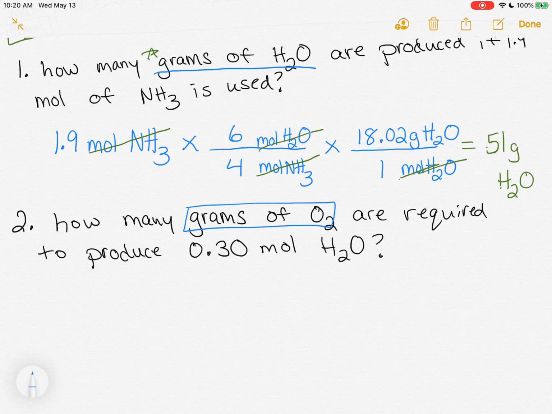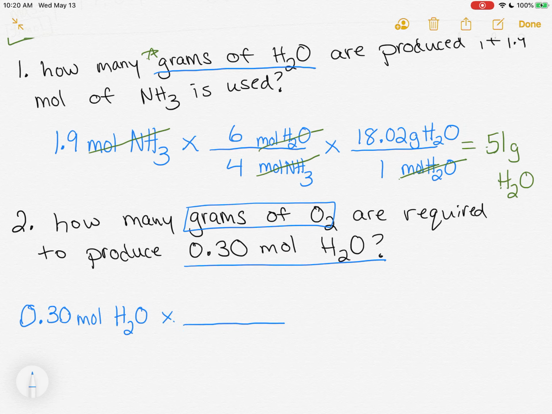Okay, so in this one, we're looking at how many grams of oxygen. That's what we're trying to find. And we are starting with 0.3 moles of H2O. So we're going to put our starting amount down here, 0.30 moles